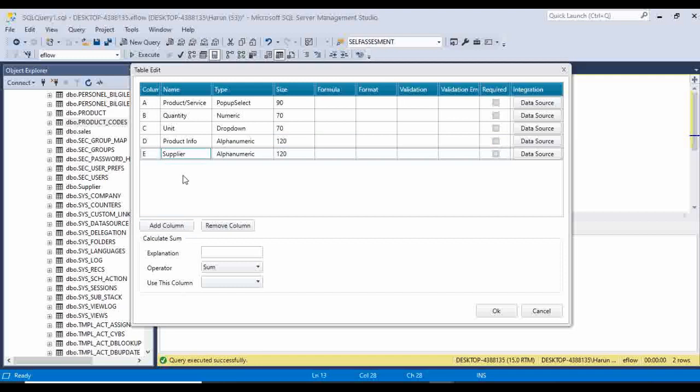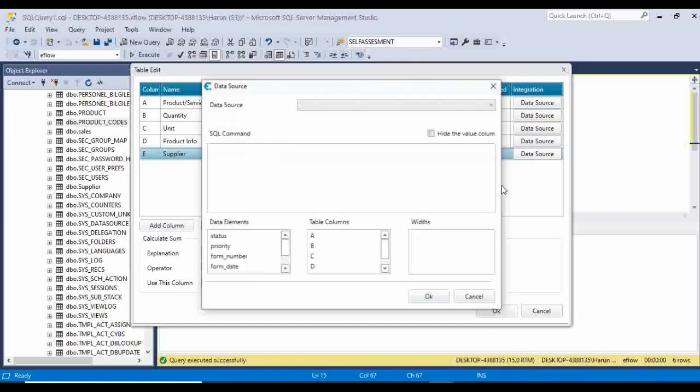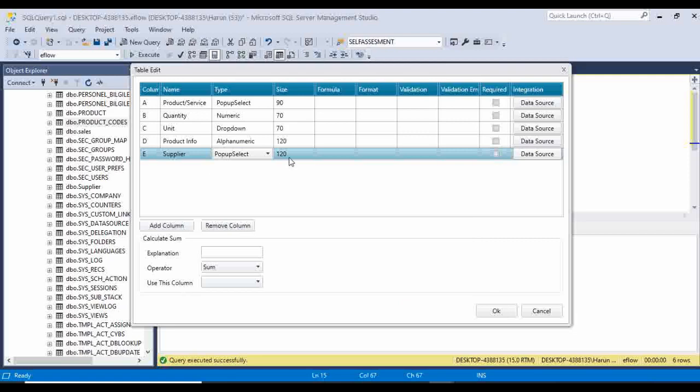The new column will be the supplier. Supplier will be in pop-up select type 2, and I'm gonna use another query that I already created, and it's here. Let's see our query, and this is the result of the query. So I copy and I paste my query here again by using eFlow data source, and let's change the size to 100,